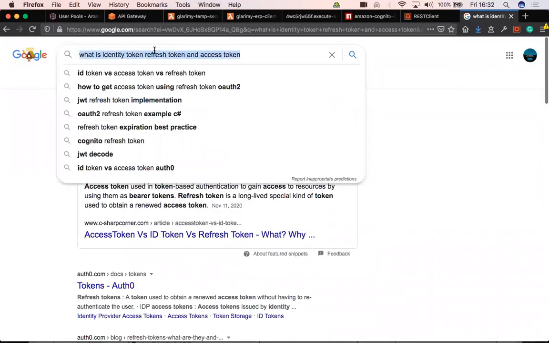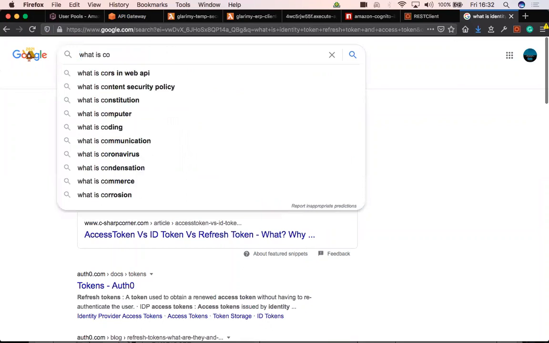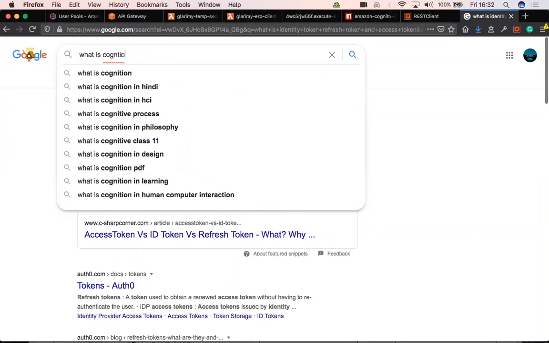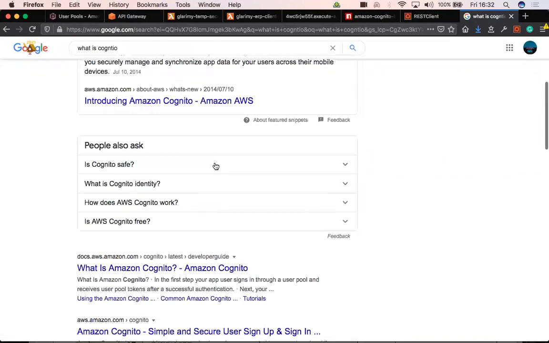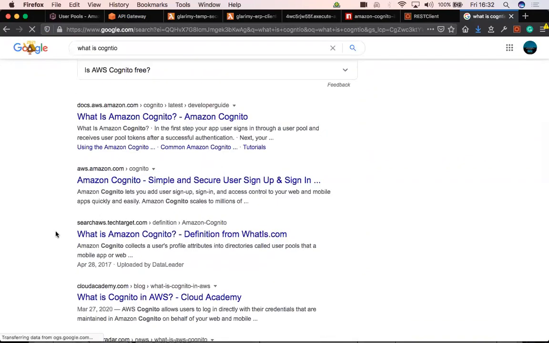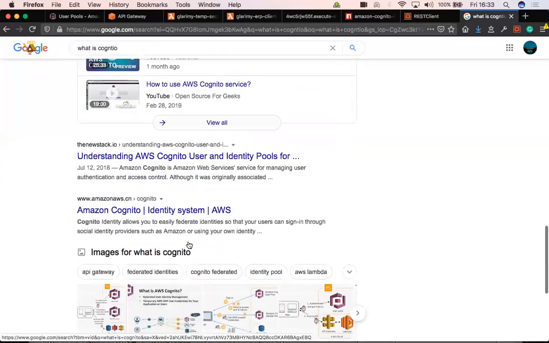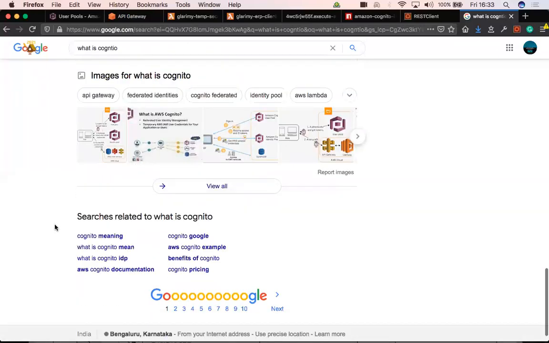Yeah. And also try to understand what is Cognito. Typically, this Cognito related things come from AWS only. User documentation of AWS is useless. It is purely technical. It is not explaining, rather it is mostly SDK kind. Maybe you can look from other authors. You can try to understand from there.